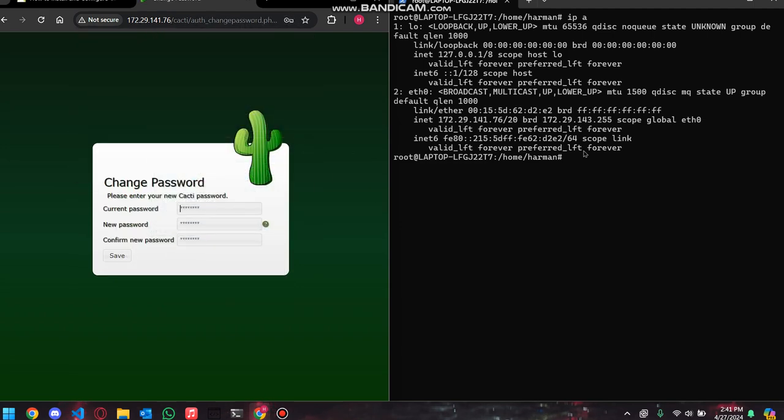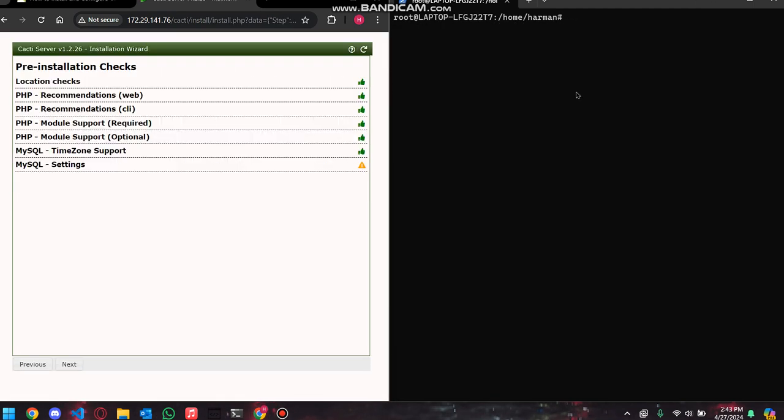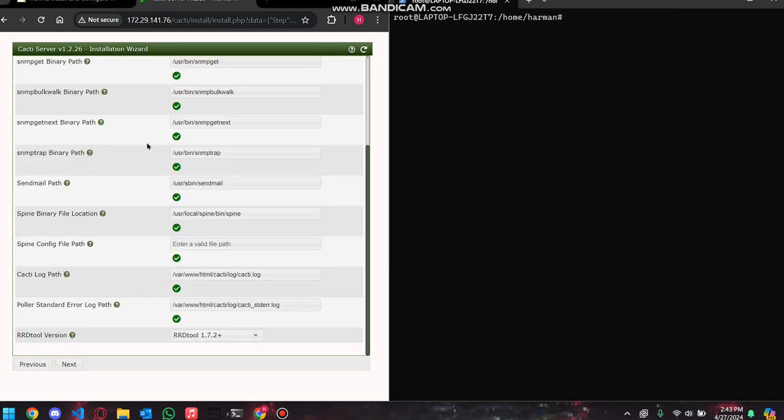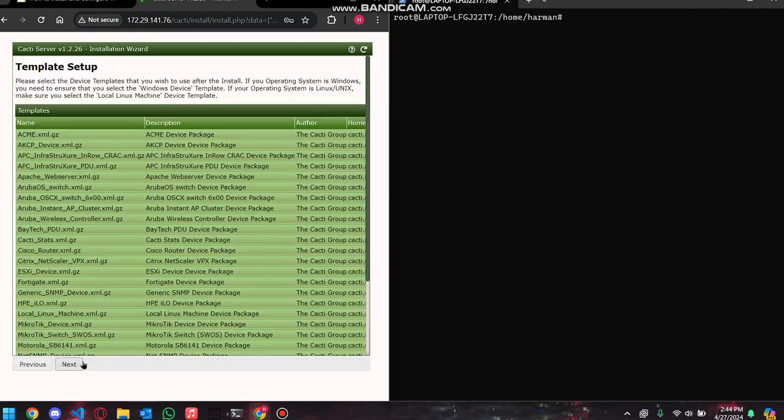And then we can create our new password right there. After that, we'll see this screen right here. We can accept GPL license agreement. After that, we see this screen over here. We can press next, and then we can press next on here, next on there too, and over here also all next. And then we can click on I've read the statement, next, next again,